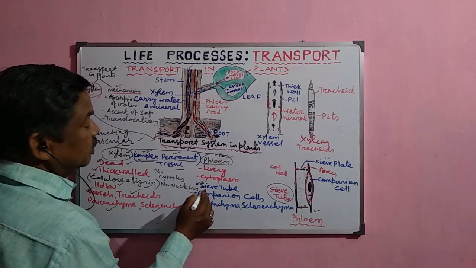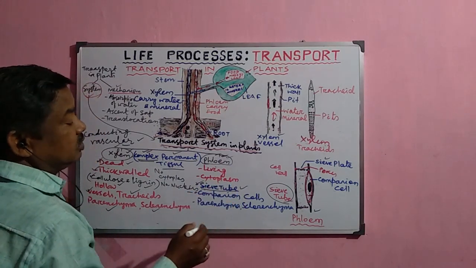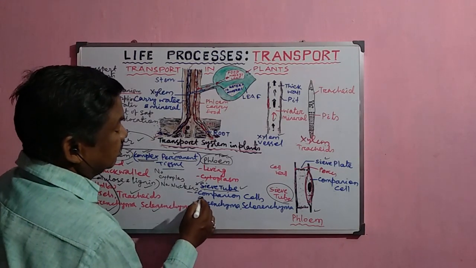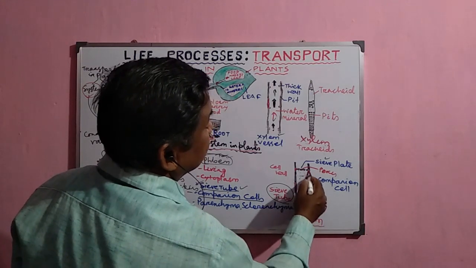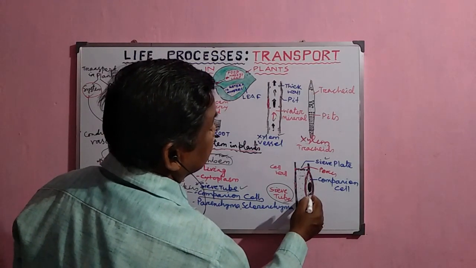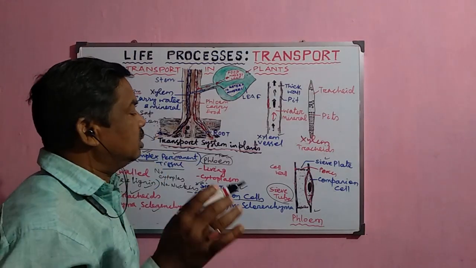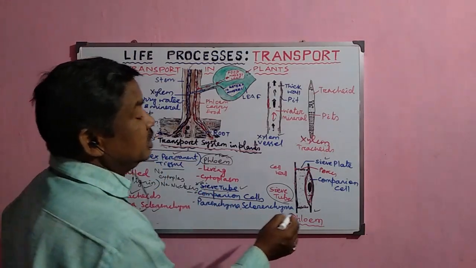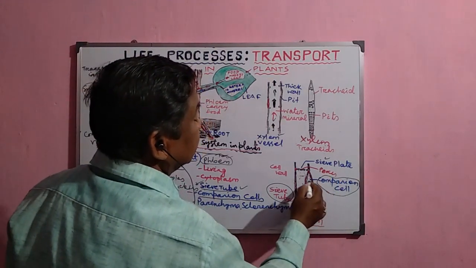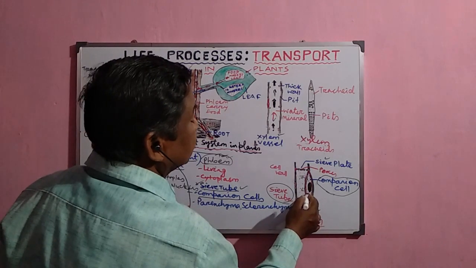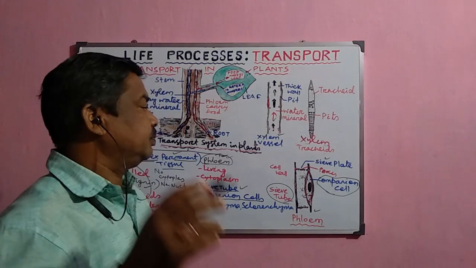Now, the sieve tube is the most fundamental cell here, but along with the sieve tube there are other cells like the companion cell. Look here, this companion cell has a larger nucleus and cytoplasm and many other organelles like mitochondria, Golgi bodies and endoplasmic reticulum. So it prepares almost all the essential materials and supplies them to the sieve tube, because the sieve tube does not have a nucleus.